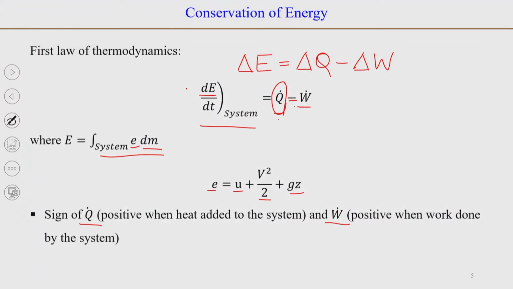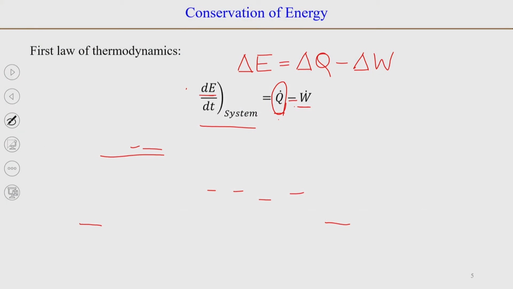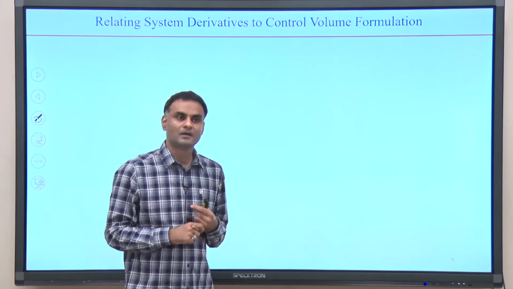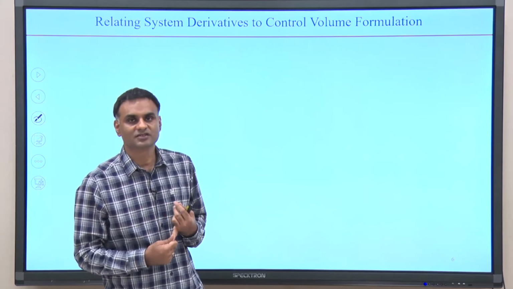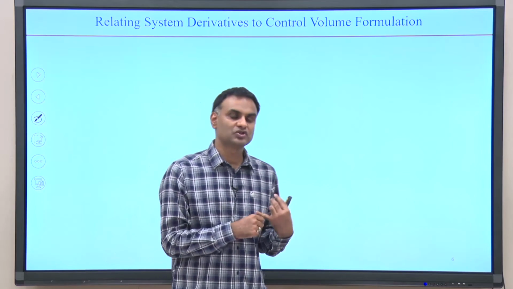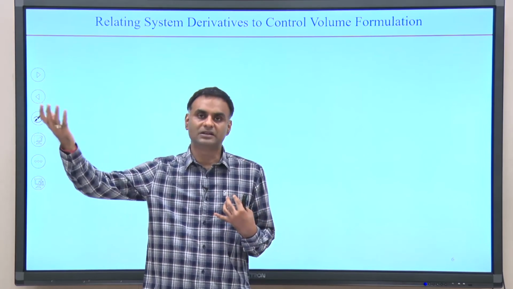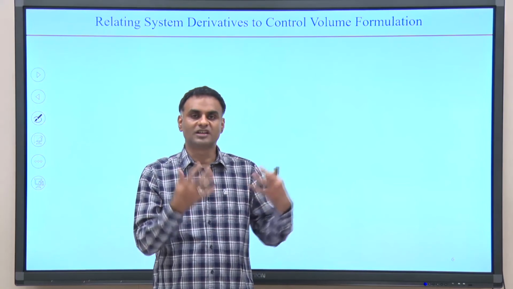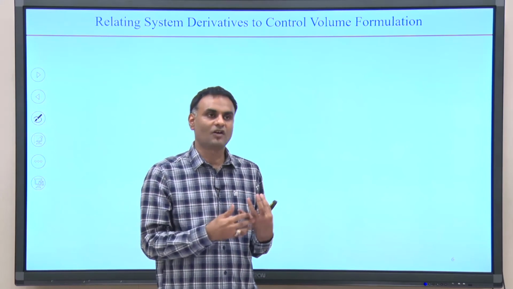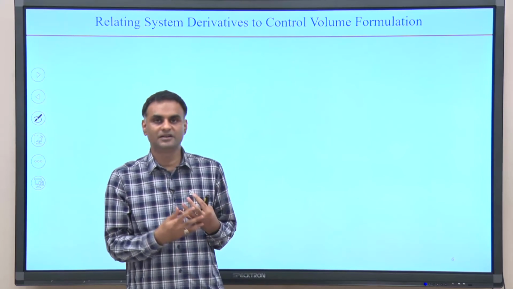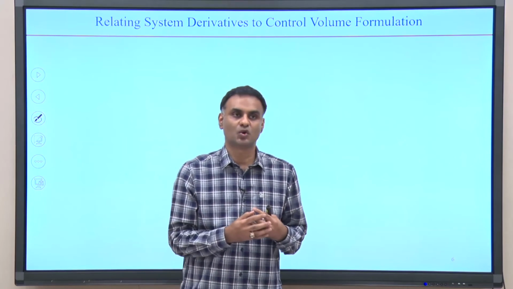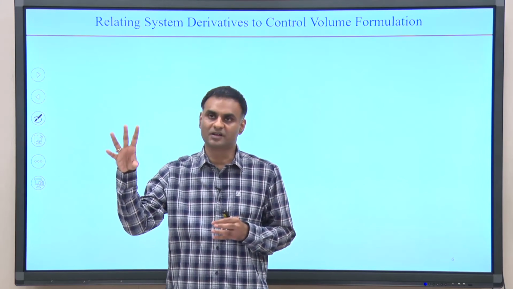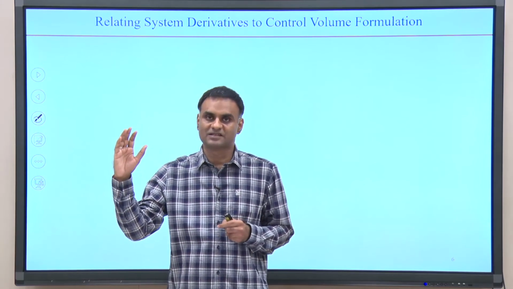Okay. So, if we look at all three of these equations, conservation of energy, conservation of momentum and conservation of mass, all of those had dm by dt, which is the rate of change of mass, dp by dt, which is the rate of change of momentum, and dE by dt, which is the rate of change of energy. So, all these were rates of change of a property of the system.